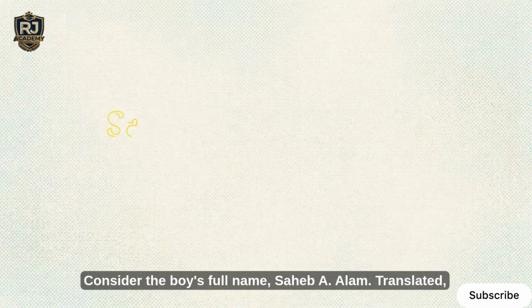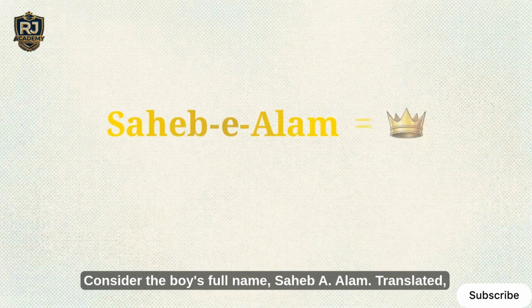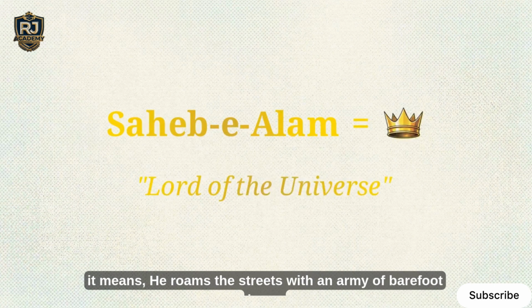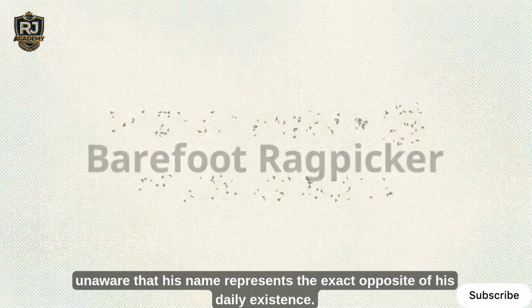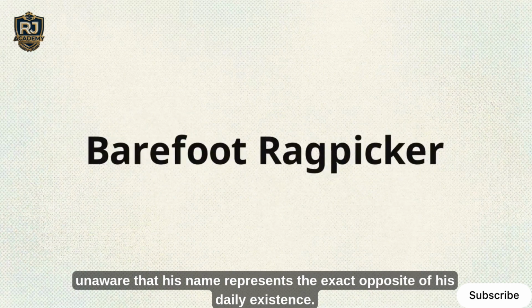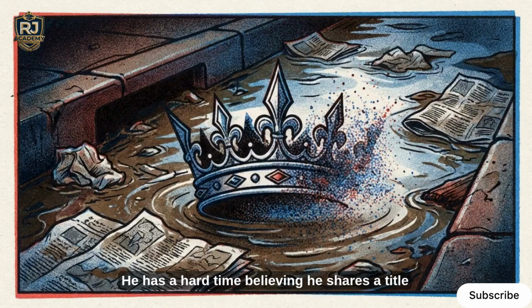Consider the boy's full name, Saheb-e-Alam. Translated, it means Lord of the Universe. He roams the streets with an army of barefoot boys, unaware that his name represents the exact opposite of his daily existence. He has a hard time believing he shares a title with a ruler while he searches for gold